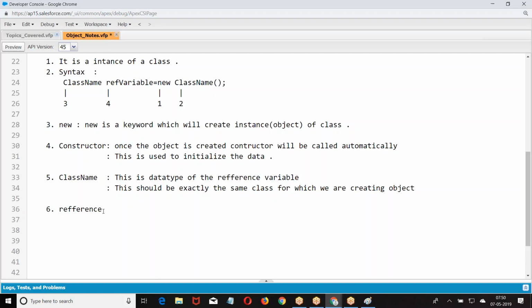This reference variable will refer to the object which was created.